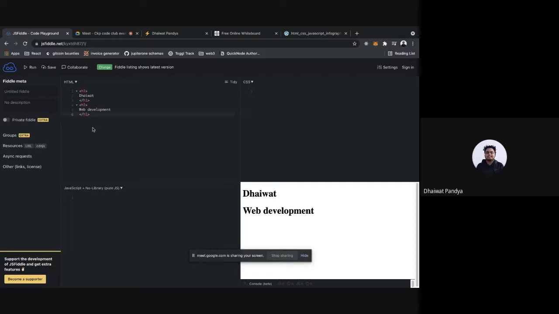One heading should be Daivat, the other heading should be web development. You cannot change this styling using HTML. Well, you can, but that's not the way you should do it.